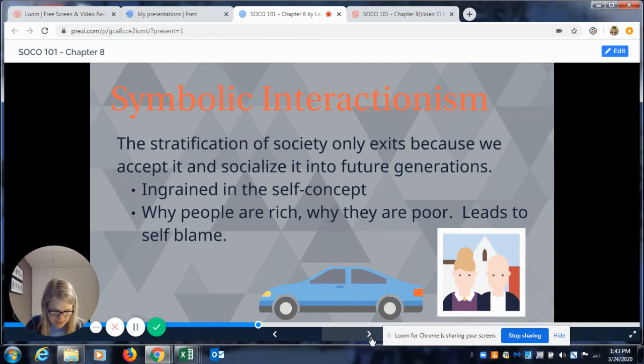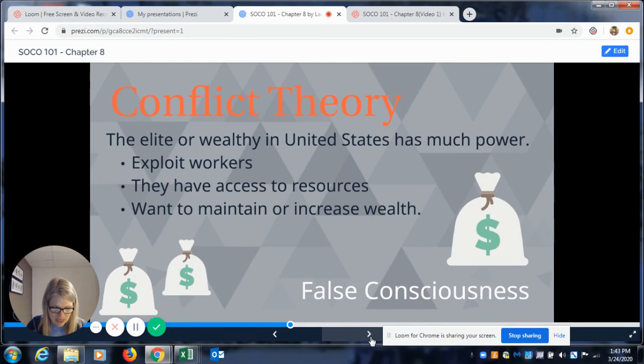So finally, we're going to look at conflict theory. Conflict theory states that inequality exists because people are willing to exploit others for personal gain. Remember in the very first video, we looked at that triangle of social stratification, and it symbolized that there are not too many people at the top, but a whole lot of people at the very bottom, who are determined as working poor or working class or underclass, whatever you want to call it.